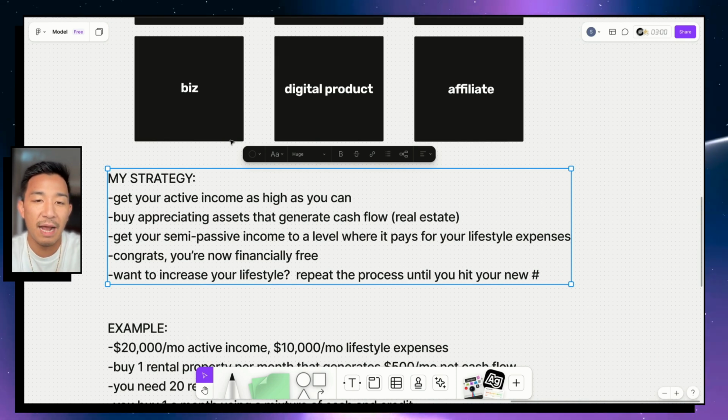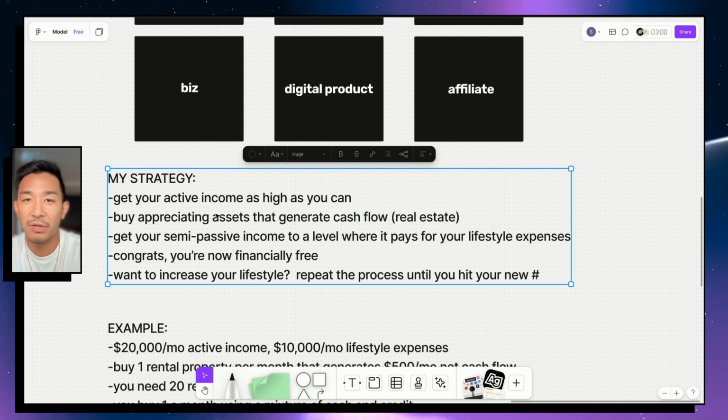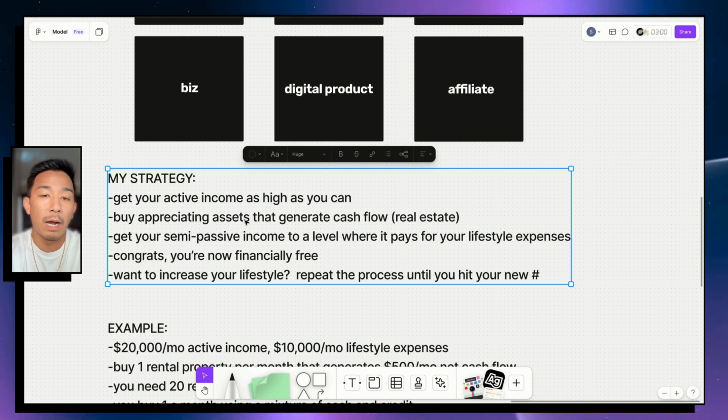And so once you get your active income higher, you're able to buy appreciating assets that generate cash flow a lot quicker. So I like real estate because it fits both of these boxes. You also get tax benefits. I'm in the US, so if you're watching this in some other country, I'm not exactly sure. I'm sure there are some benefits to taxes, but these properties that I buy, they go up in value, but